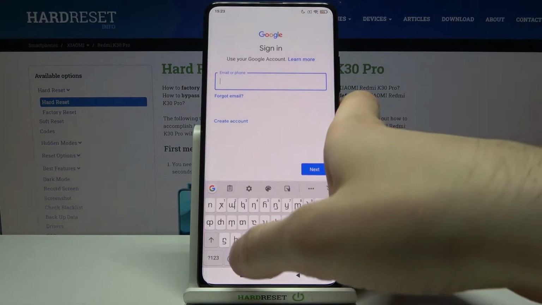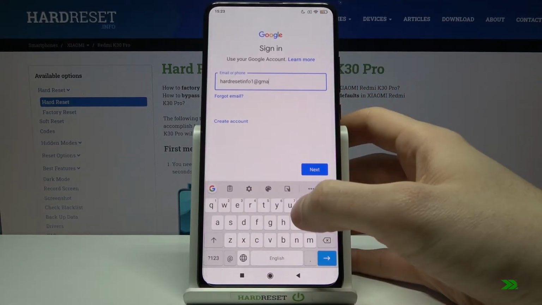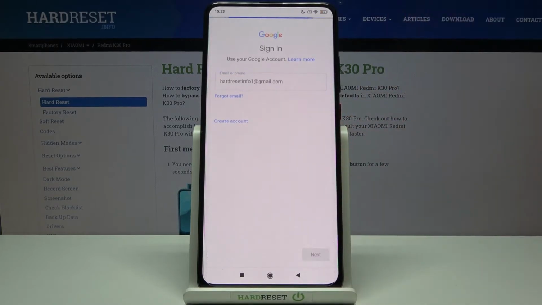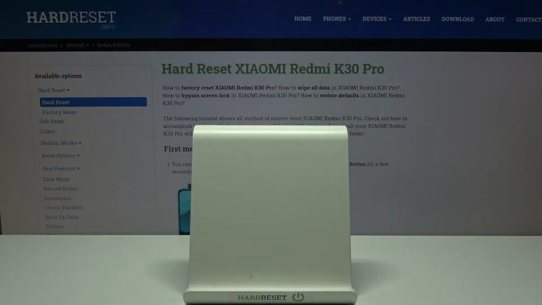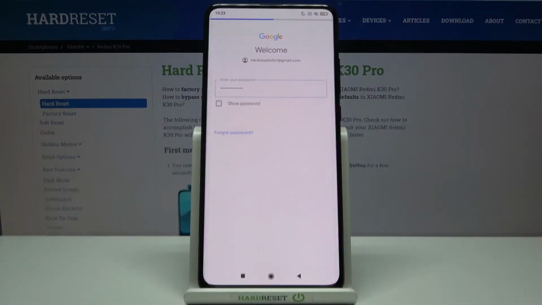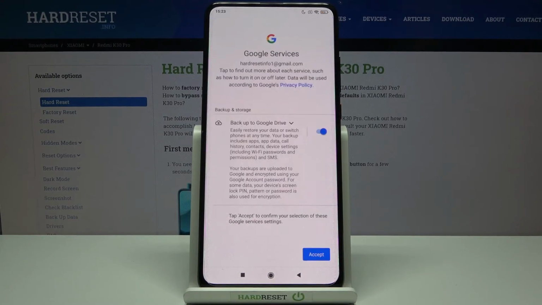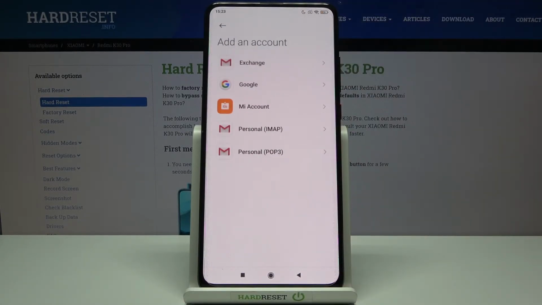Here you have to enter your email or phone number, then tap next. Then you have to enter your password, tap next. Then you have to agree with Google's terms of service and privacy policy. And for the last thing, what you have to do is to accept here, and after that account will be